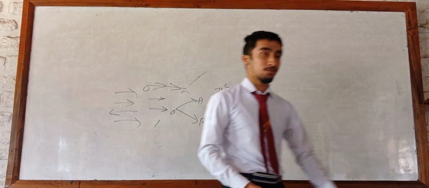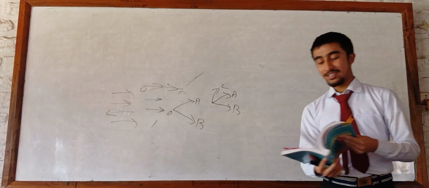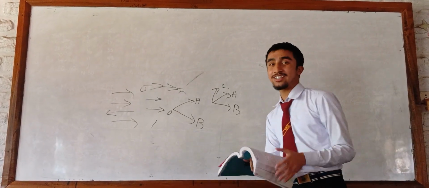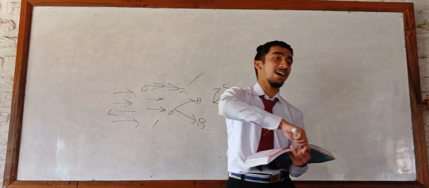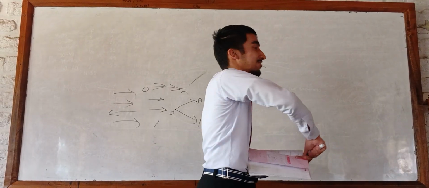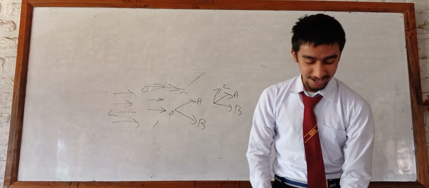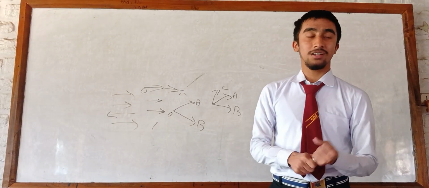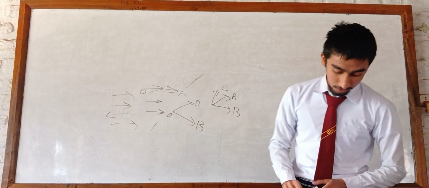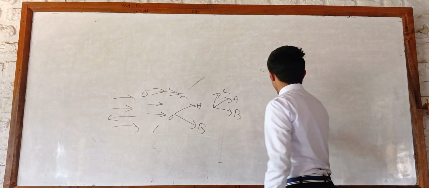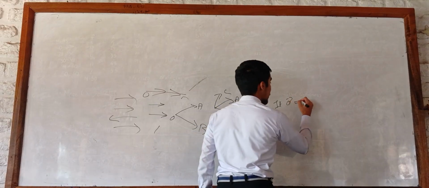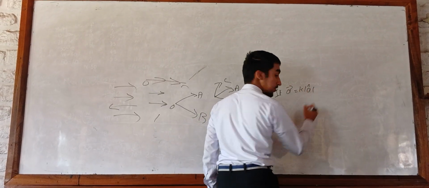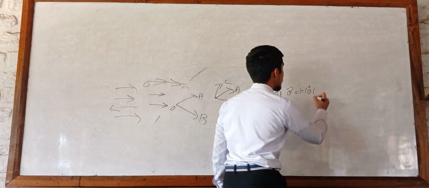Now we shall move into MCQs. MCQs are just 1 mark questions, so they determine your grade. Either you get A plus, A or B plus. So I shall make you properly understand the MCQ questions. First of all, we have the question: if A vector equals K times modulus of A vector, then K is equal to